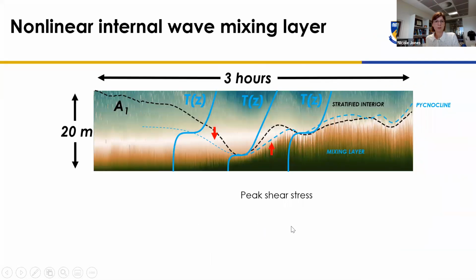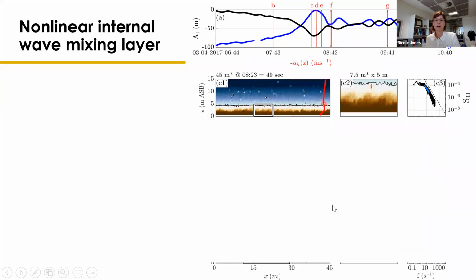I'll skip over this because we're kind of running out of time. Something I did want to emphasize is that we have these very high resolution measurements from the acoustic backscatter, because that's also measuring at 8 Hertz. I've been a bit lazy with my presentation here, but these were collected in time, and we've converted them using a mean velocity to distance, so we can compare length scales at different times within this passage of